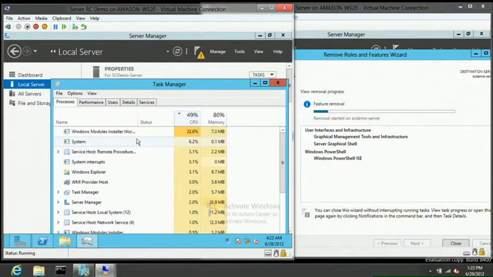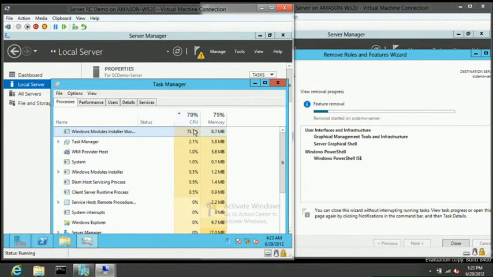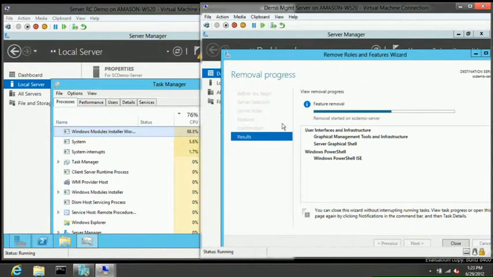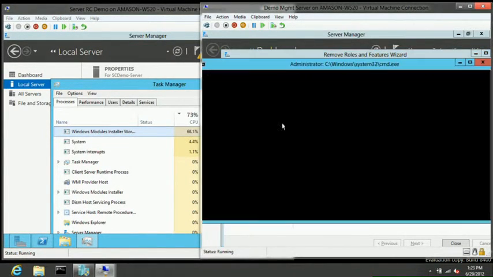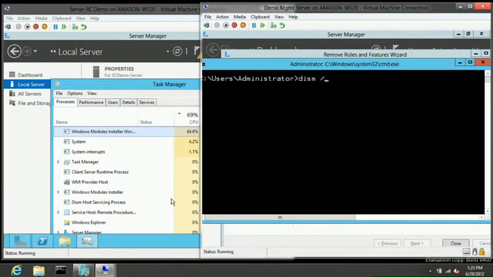pull up Performance Monitor, and you'll see it will get going here. And my hard drive in my laptop here is chugging away. But you can see it's starting to uninstall. And if I go over here, one of the things I want to point out is if you run